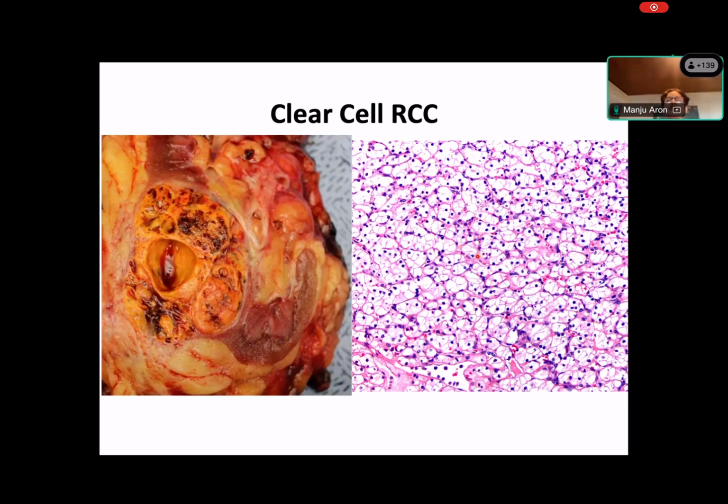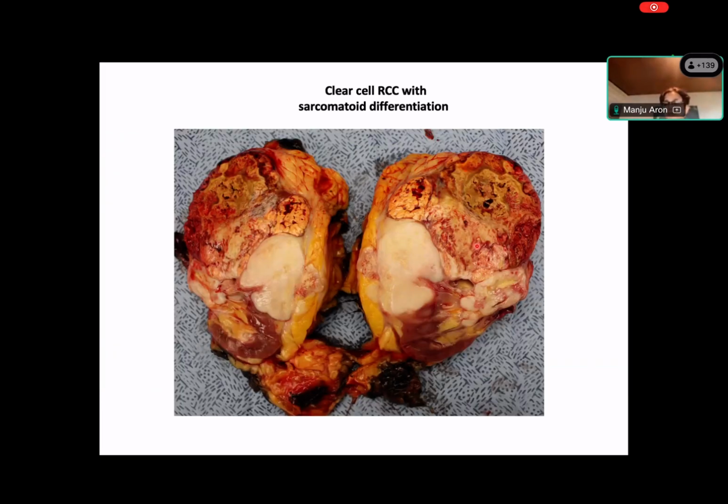You can have eosinophilic areas, but if you see these kind of areas in a tumor, then you know that you're looking at a clear cell RCC, however heterogeneous other areas may look, because it's got that sinusoidal architectural pattern.